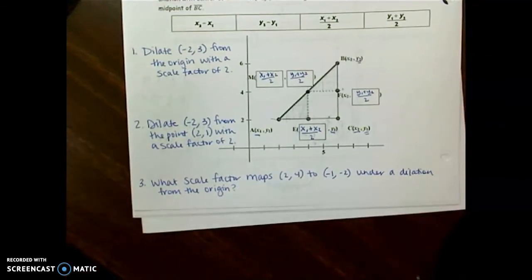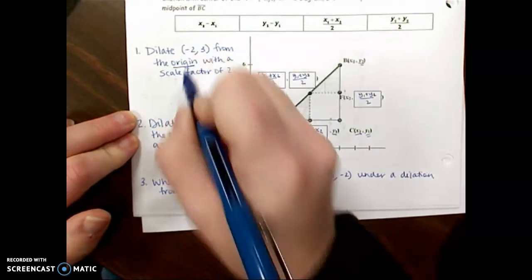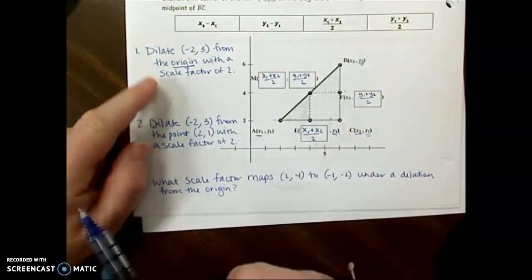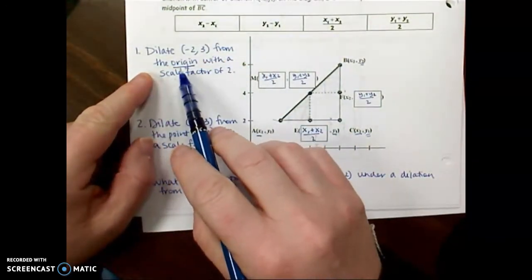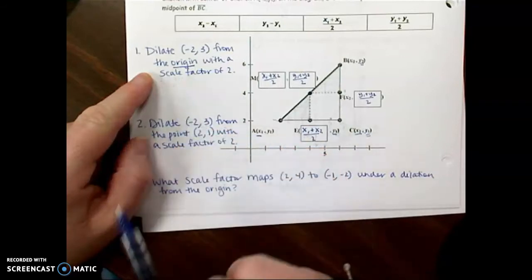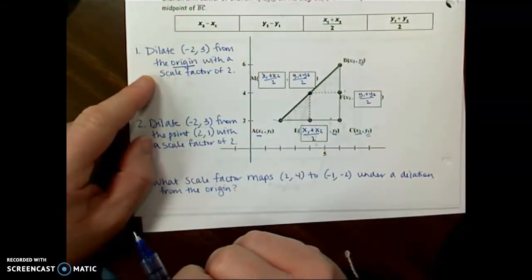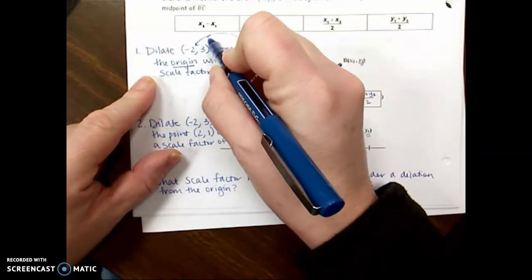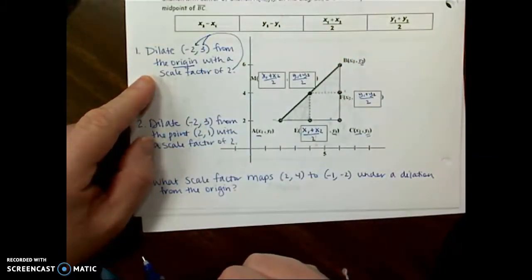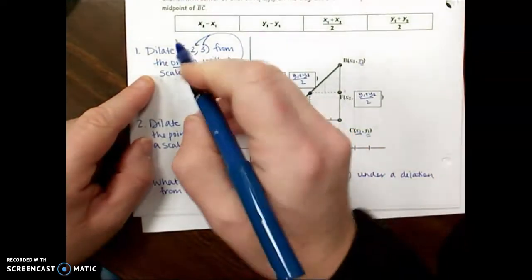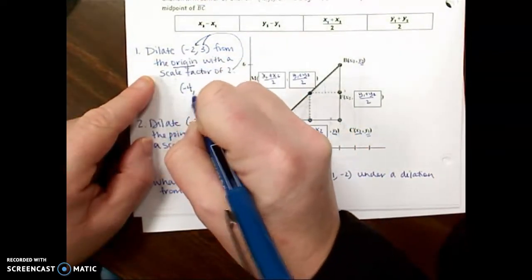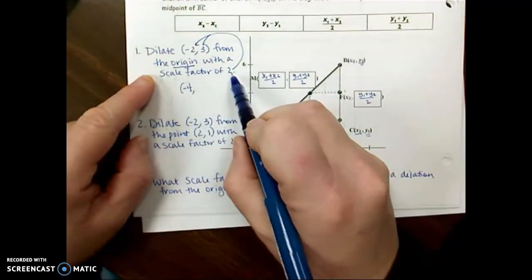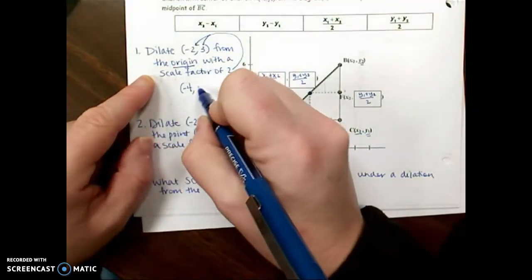Okay, so on the first one, we're dilating a point from the origin, and we're given the scale factor. So remember, when the point of dilation or center of dilation is the origin, all you have to do is multiply your scale factor times your coordinates to find your new point. So 2 times -2 would give me a new x-coordinate of -4, and 2 times 3 gives me a y-coordinate